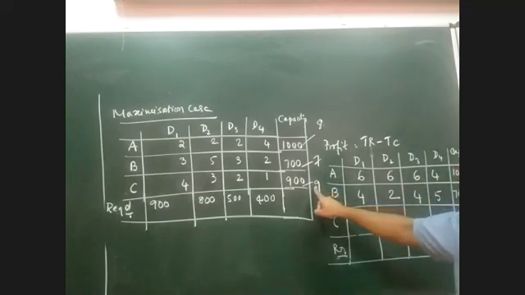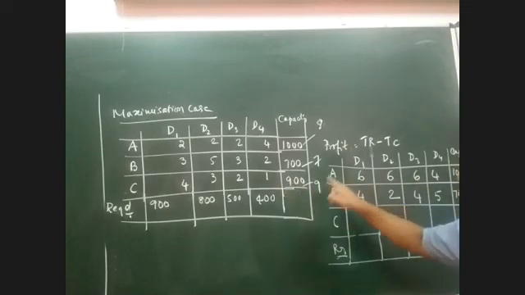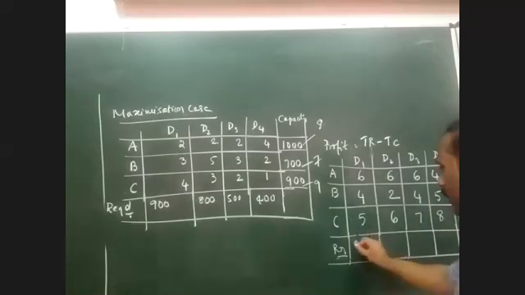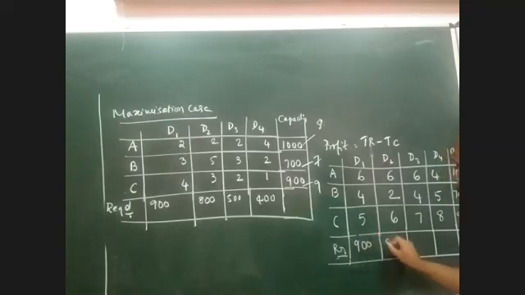Now we'll come to the third row, C. The total revenue is 9 rupees. So 9 minus 4, it is 5. 9 minus 3, it is 6. 9 minus 2, it is 7. 9 minus 1, it is 8. And this is 900. The requirement also has no changes. We write as it is. It is 900. It is 800. It is 500.